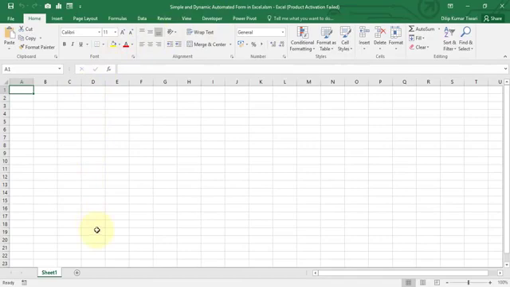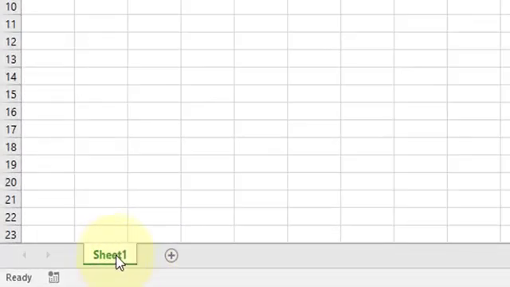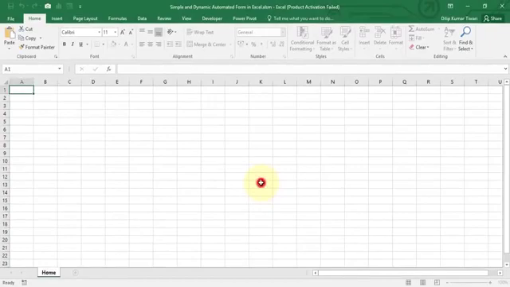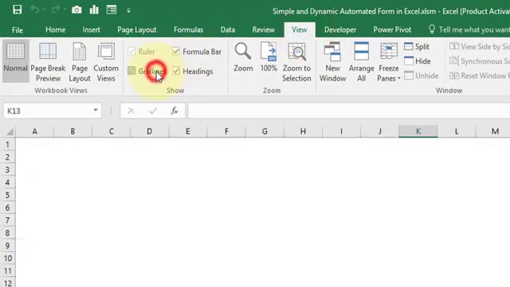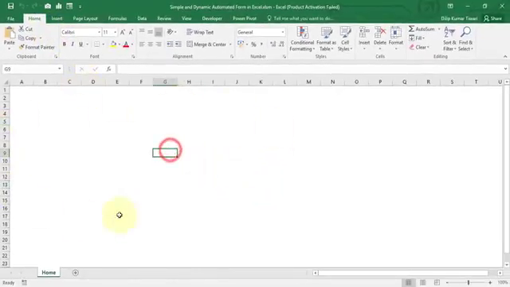So here we need 2 separate sheets, one for home and one for database. Let's rename this first sheet as home, go to view and untick the grid lines, and now you can see that the grid lines are not visible.